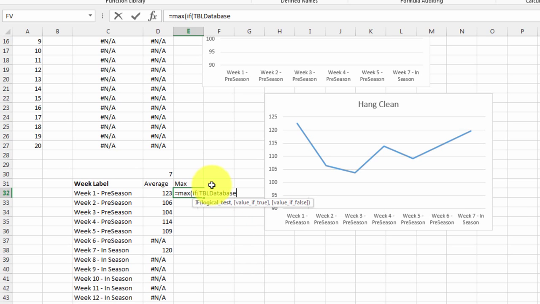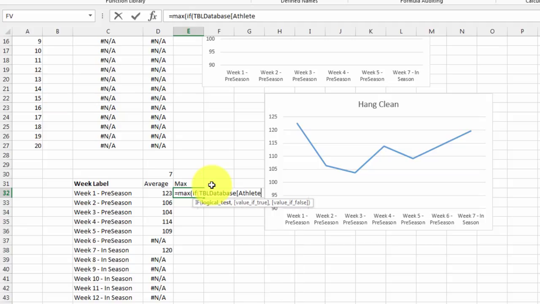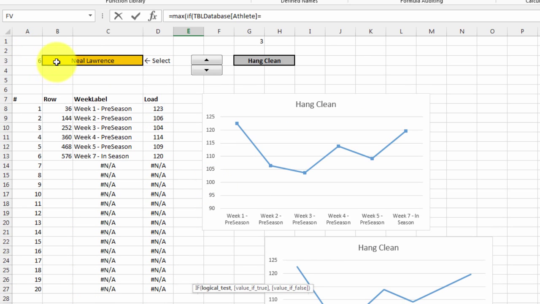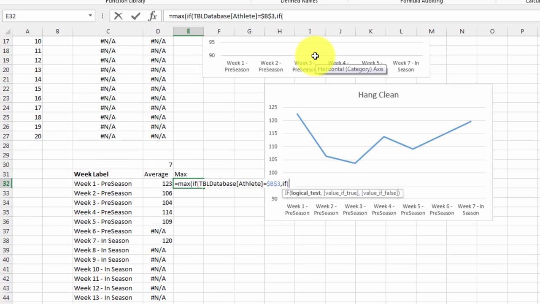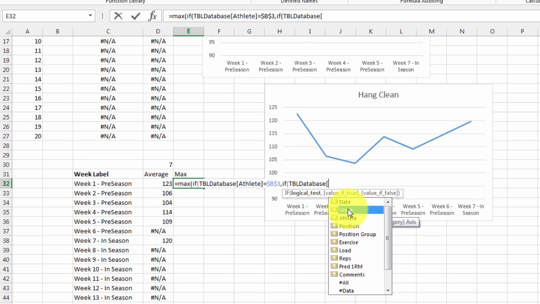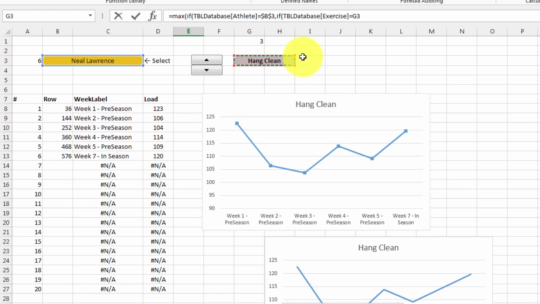So if TBL database equals that, if TBL database exercise equals that,